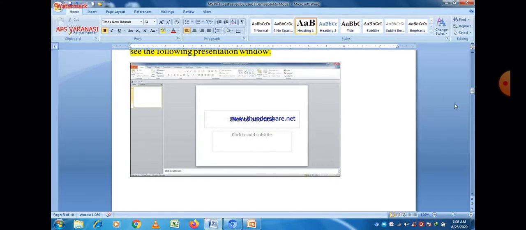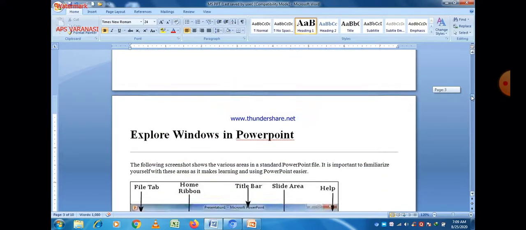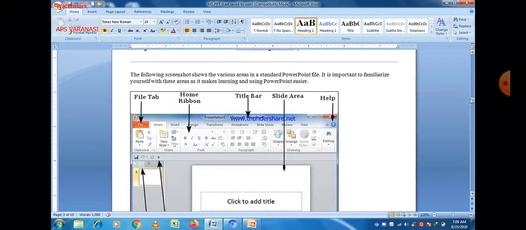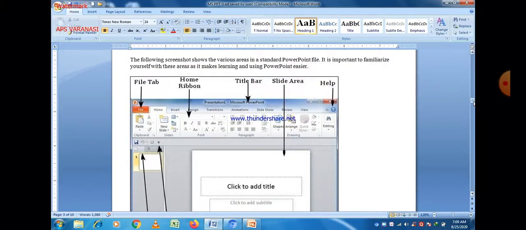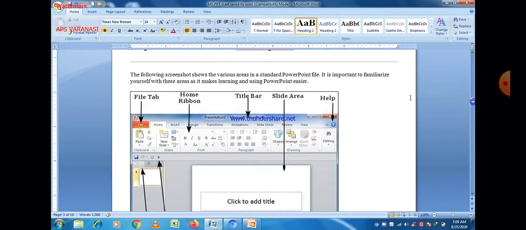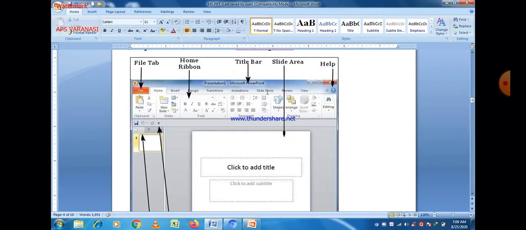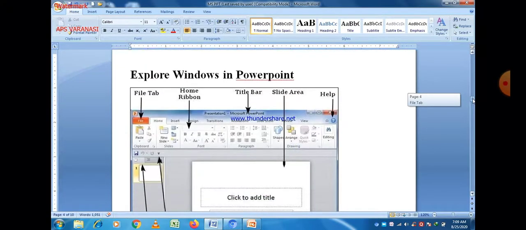Now let us take a quick view of the window. When you open Microsoft PowerPoint, it looks like this, and these are the different options available. So this is all about exploring the window in PowerPoint.